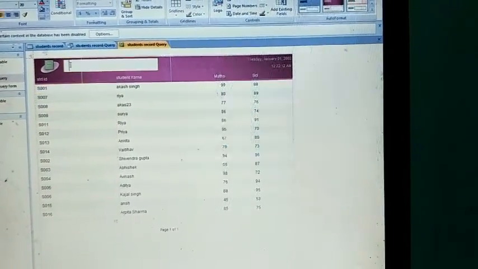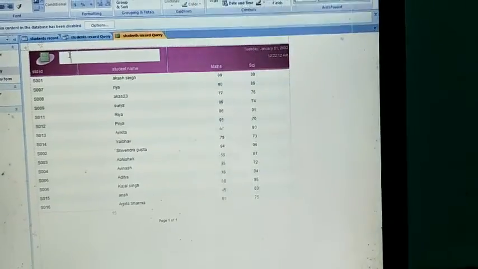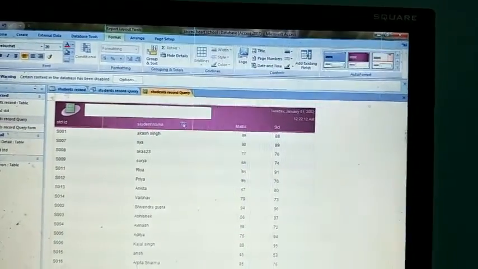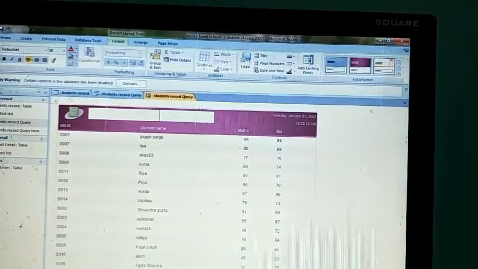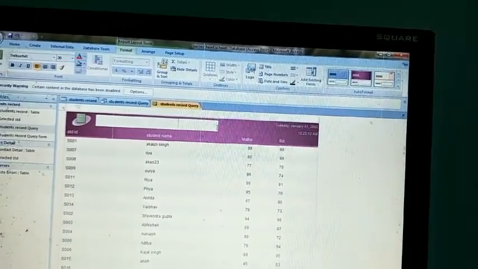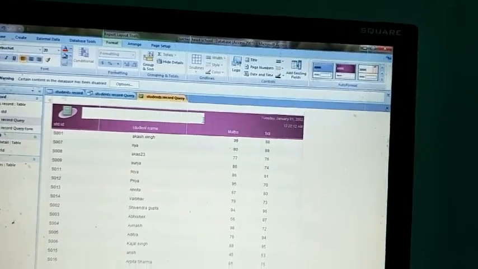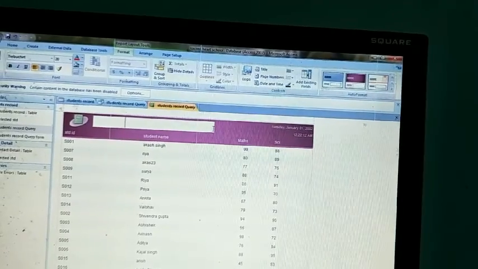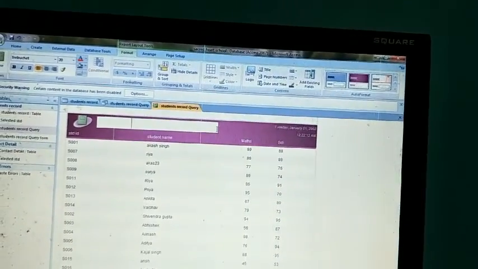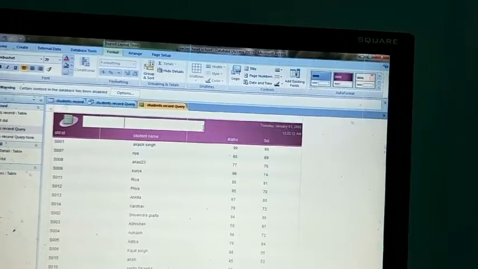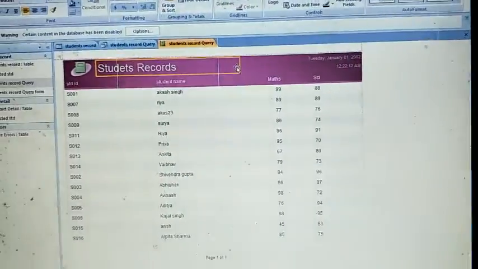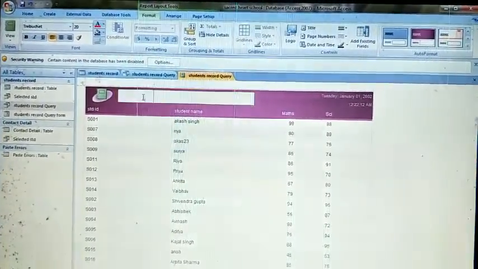Here you can also edit the heading, students, wait, delete it, students record. Look, you can see n is missing, then again you can add it.